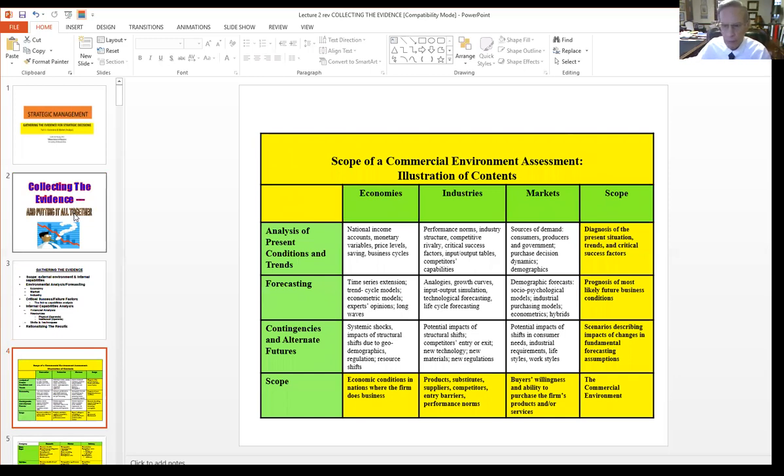This is an exhibit that appeared in a book that I wrote back in 1999, and it simply shows the scope of